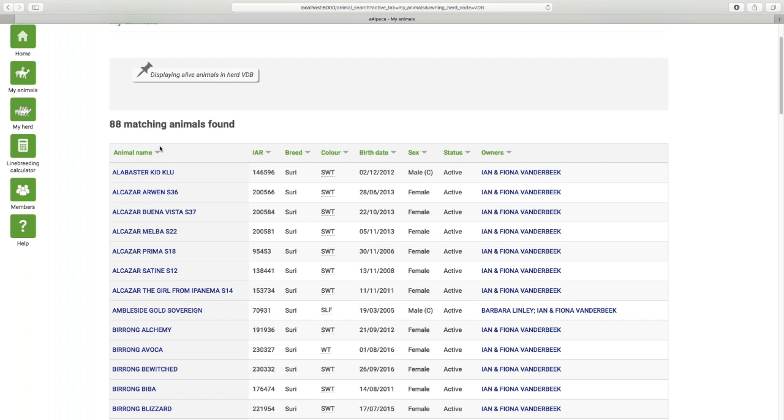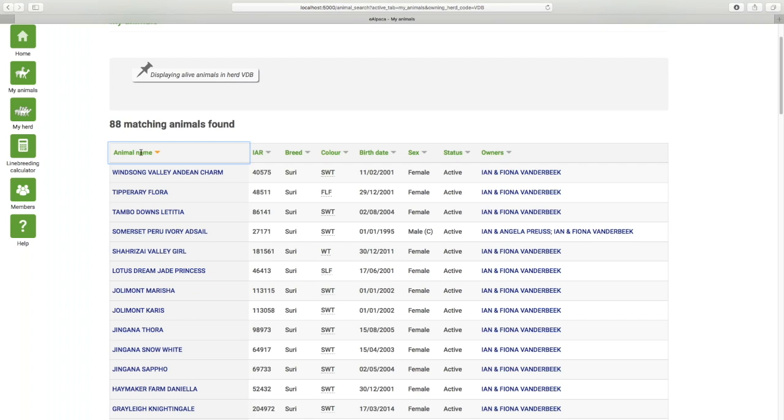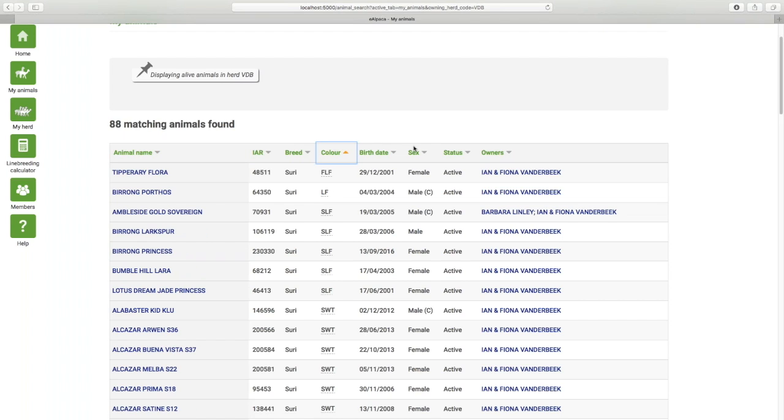You'll see that there's a little drop-down link here, a little arrow pointing downwards, and that just means that that's the sorting that's currently applying to that column. If I click like this, it's sorting up, and if I click like that, it's sorting down. So now we can see that it's going from W to A. You can sort by color, you can sort by sex, and so this is just another way of browsing animals